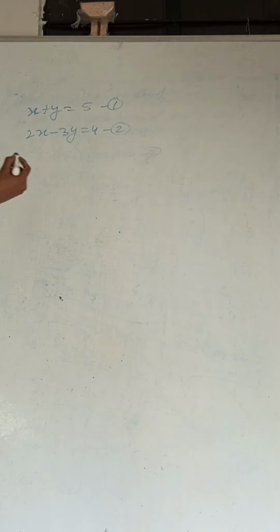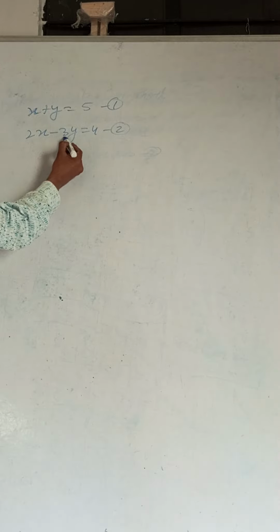Now in equation number 2, the value of y is 3, and in equation 1 the value is 1. But we have to make them equal, and that can be done by multiplication or by dividing. You can divide equation number 2 by 3, but it will change into fraction form, and it will become a little rougher. So here we are multiplying equation number 1 by 3. Why? Because we are going to make the value of y equal.